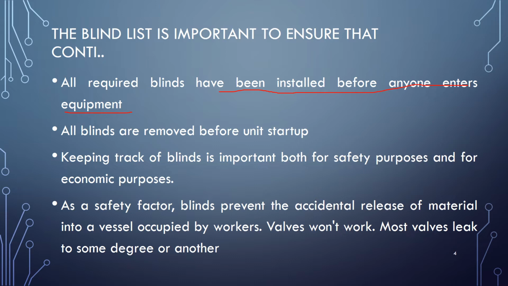Point number 2: all the blinds are removed before unit startup. The idea is that once they have done all the repair work, for example, a wall of a separator may be damaged, with a crack in it, so they replace it with a metal piece, which means they are doing patch welding. Once they finish all the maintenance job, you have unwanted debris, like unwanted metal pieces, and we have to clean it. Once it is cleaned, they go for box up, that is, close up. So once they close the vessel,